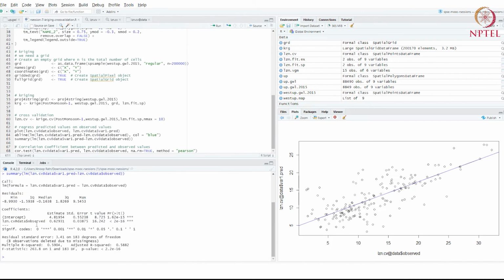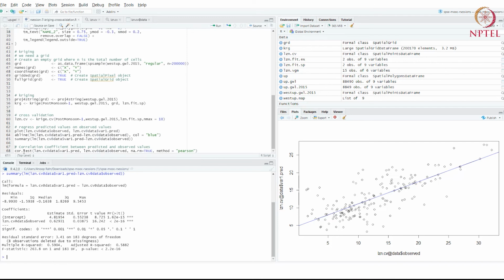So you can see that the slope of this line is about 0.63 or so. So ideally, we want the prediction and the observed values to be exactly equal, but we find here that on average, the predicted values are less than the observed values. They're really about 63% of the observed values. There is some underestimation.